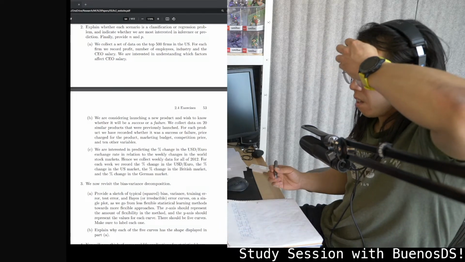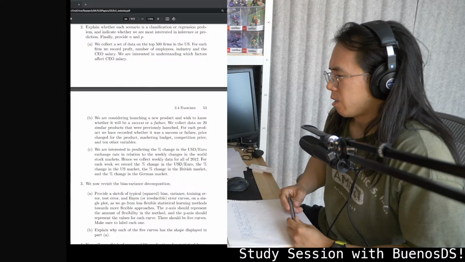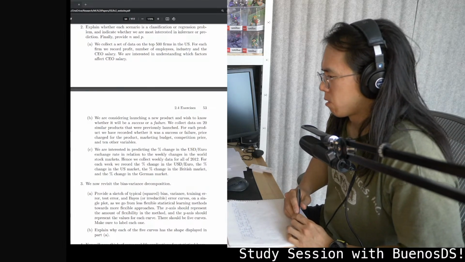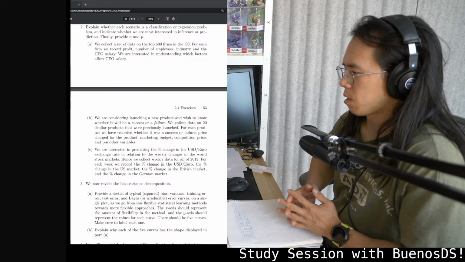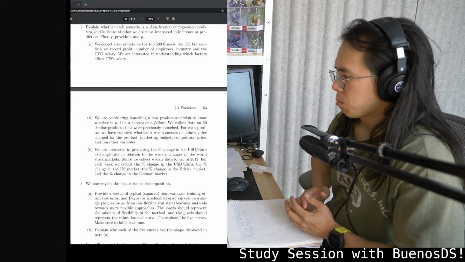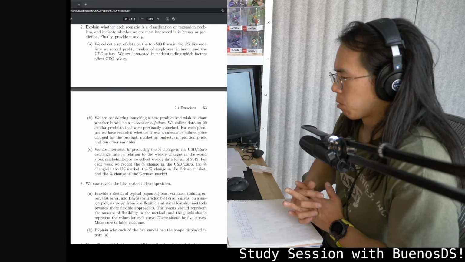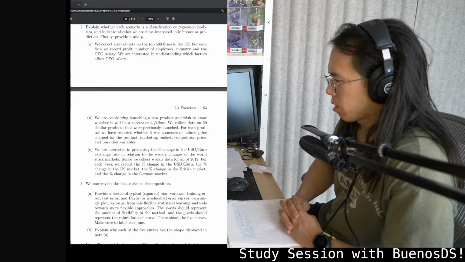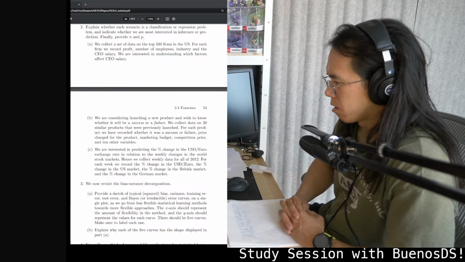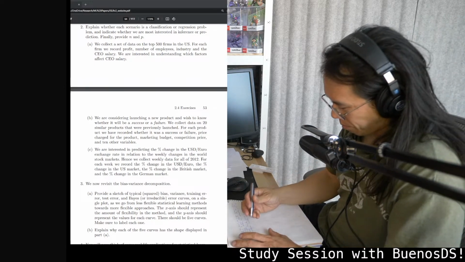C, we are interested in predicting the percent change in the US dollar to euro exchange rate in addition to the weekly changes in the world stock markets. Hence, we collect weekly data for all of 2012. For each week, we record the percent change in the currency, percent change in the US market, percent change in the British market, and then percent change in the German market. Okay, so